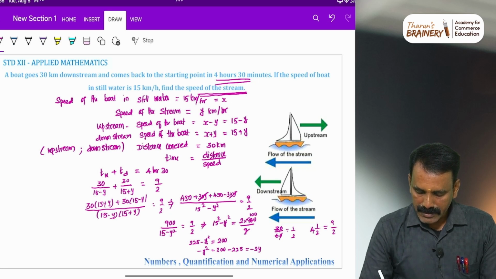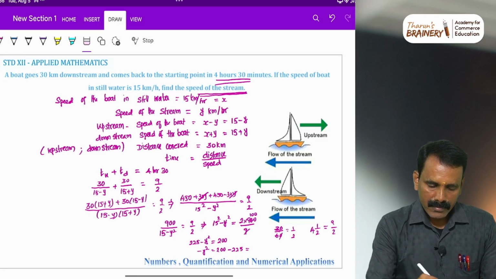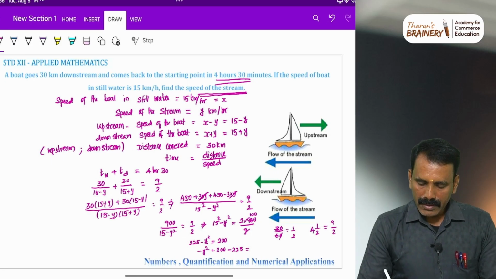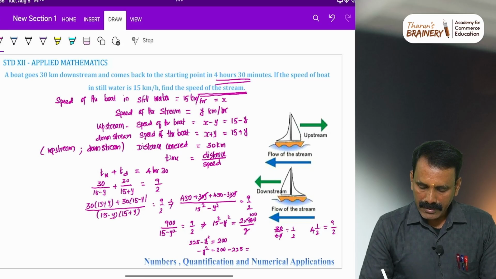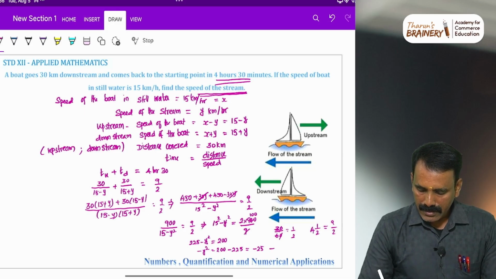So we have the expression 200 minus 225, we subtract, so minus 25. So we get minus y square is equal to minus 25,